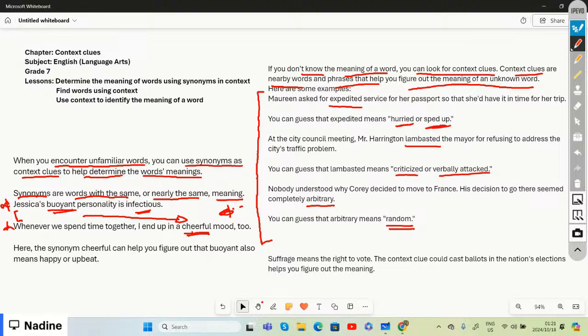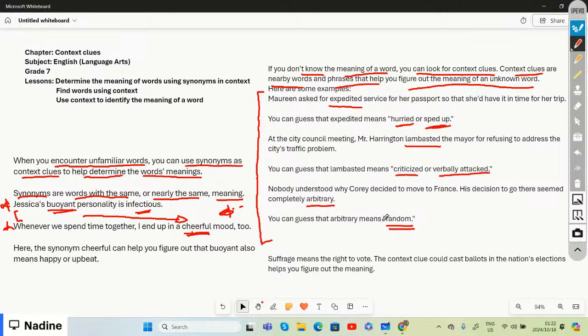So basically, if we now sum up everything about context clues, it is unfamiliar words within a text that you maybe don't understand. If you don't understand a word, then you can use a synonym, a word that means the same as that word, as a context clue to help you determine the word's meaning. And if you don't know the word's meaning, just look at the next sentence, the next context clue that will give you an idea of what you think that word means,